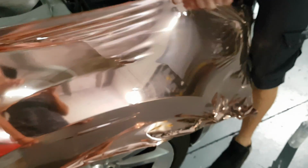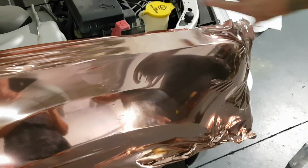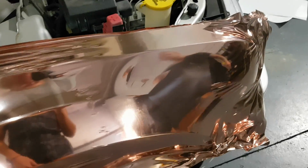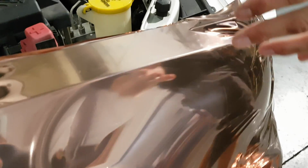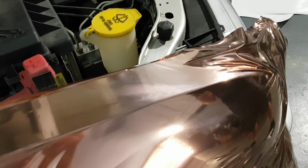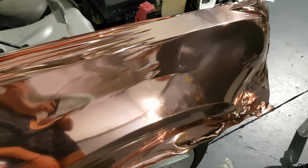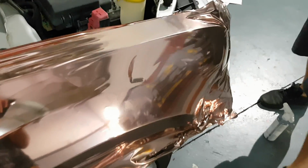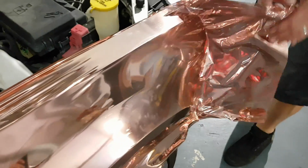But even when I'm pulling it like this, now it's discolored slightly. I can see it's lighter, but it does take a bit of effort to get it to that extent. So if you are finding that you're discoloring it, you're just being a little too aggressive with it. And if you're finding it's cracking, you're just being a little too aggressive with it. That's what I think. I'm not really certain if there's another complication involved, but this is the same film that